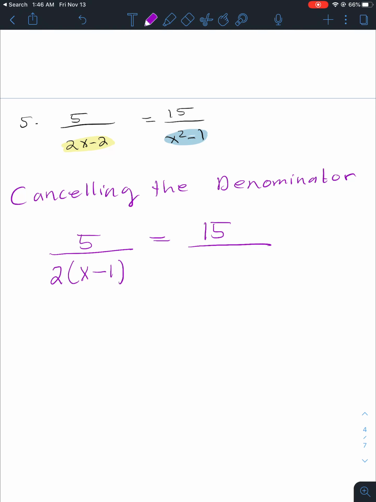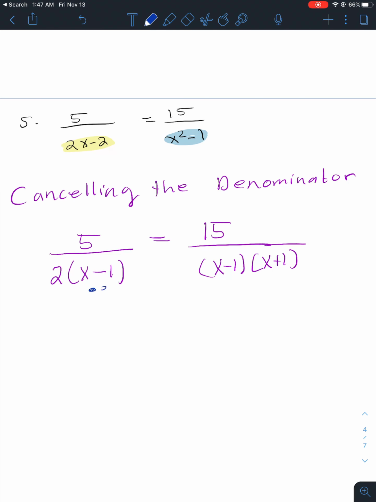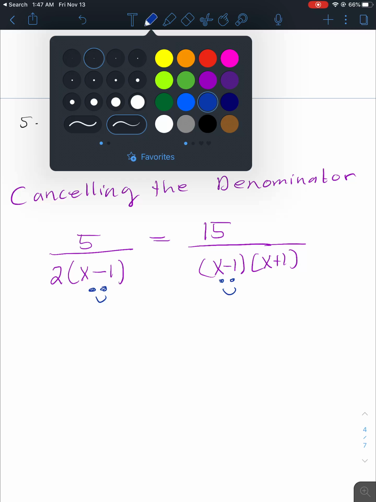And I notice the difference of squares. So it should be x minus 1, x plus 1. And when I see this, I'm going to put a smiley face under x minus 1 because they both have that in common. Remember, in order for me to get rid of the denominators by multiplying both sides by the lowest common multiple, they need to be the same. As we can see,